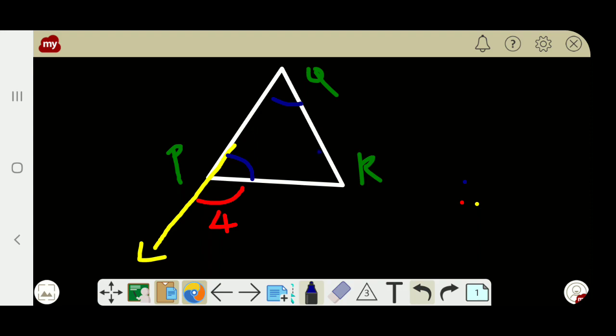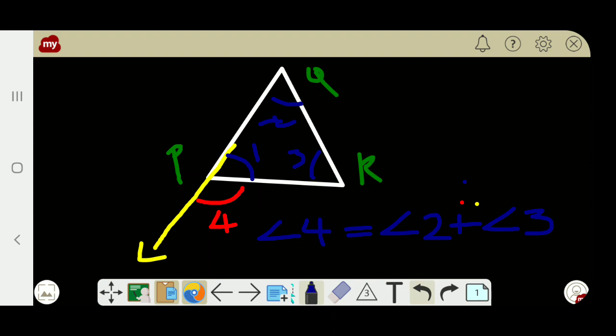Total, how many angles are there? Three interior angles: angle 1, angle 2 and angle 3. Then here, by using the exterior angle property, we can tell measure of angle 4 equals measure of angle 1 plus measure of angle 2 plus measure of angle 3? No, 2 and 3 are opposite to 4. We can't consider angle 1. These 2 and 3 are opposite to 4.